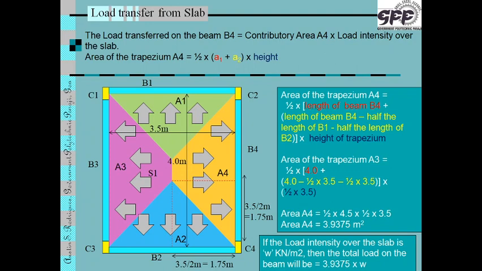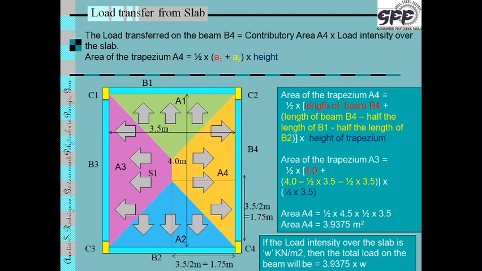As in previous case, area of the trapezium A3 is equal to half into 4 plus the smaller portion over there, which comes to 4 meters minus half of 3.5 on one side and half of 3.5 on the other side, and the height is half of 3.5. So area of the trapezium A4 is 3.9375 meters square. So when the load intensity is W kilonewton per meter square, the total load coming on the beam B4 would be